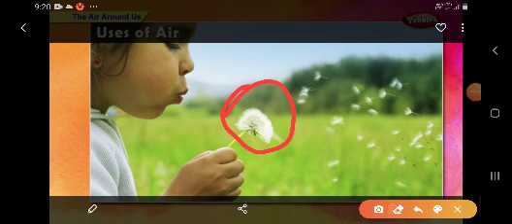In this way, these plants are able to grow somewhere else. This seed will go and drop somewhere else and they will germinate there. When they germinate far away from these plants, they will get enough space, air, water and sunlight to grow. Children, these are dandelions, they are light-weighted and they have a wing kind of structure. Because of this wing, they are light and with the wing they are able to fly. That is why the air easily